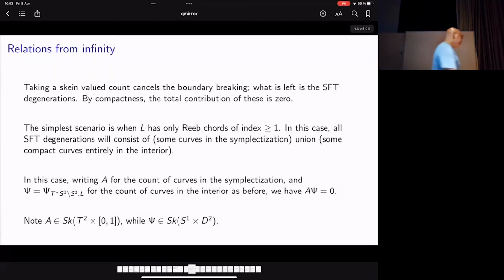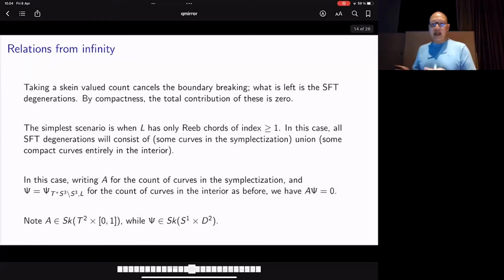Now, you might at first be a bit worried: I've said I have two counts, they're presumably themselves not 0, and their product is 0. But you have to understand where I was doing this count. I was doing this count valued in the Skein. And as I'll explain in a second, this Skein is not like a space of functions. It's going to be some kind of non-commutative algebra. So this equation is true, but it's true in the Skein, and that is going to amount to a certain operator equation. Okay, so let me explain now